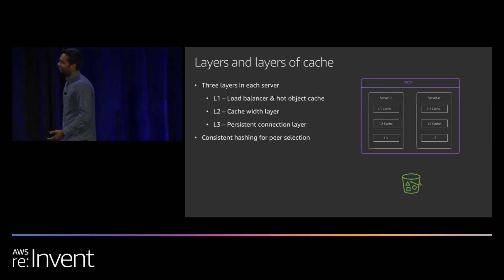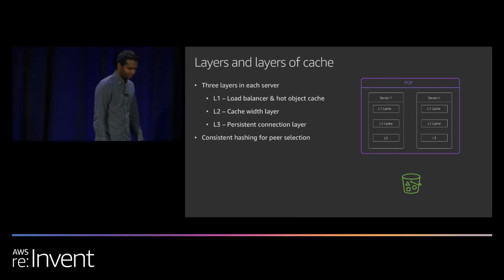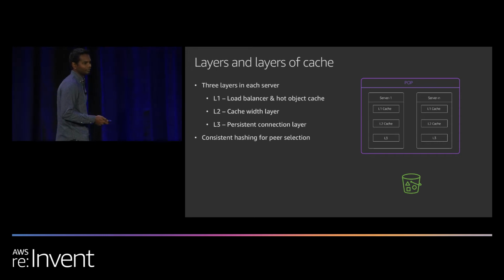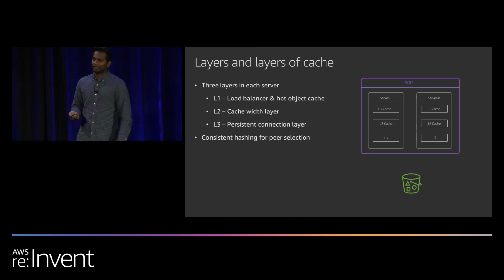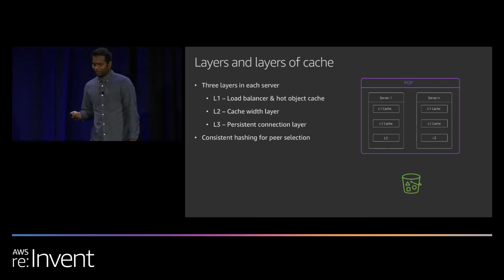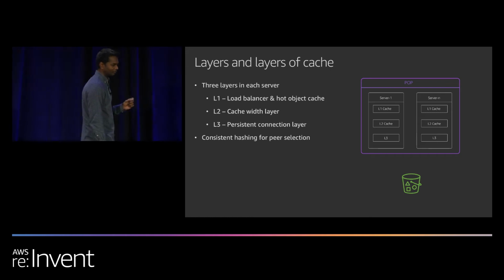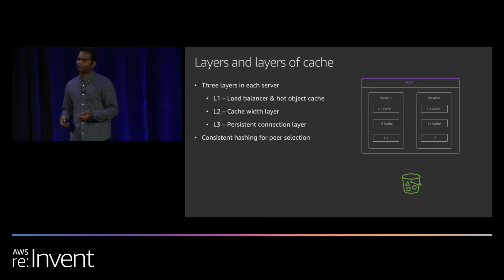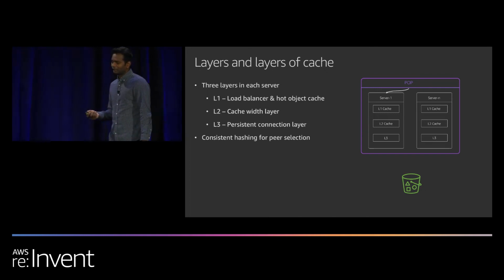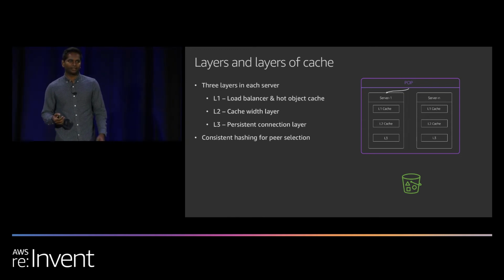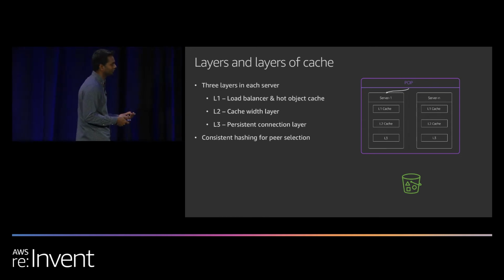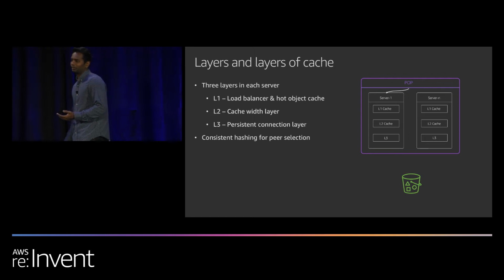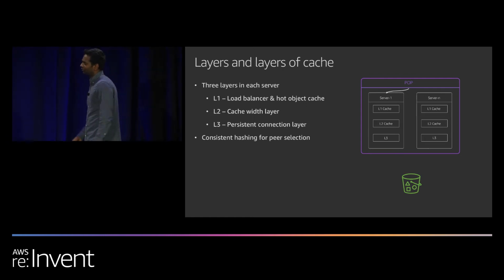To understand that, we'll have to look into the edge location architecture. As you can see in the diagram here, each POP has an array of physical servers, and each of these servers has 3 layers of web proxies inside it. We call them L1, L2, and L3. L1s act as a load balancer. It also has a little cache, which we call the hot object cache. It's explicitly kept only for caching the really popular content. The L2 is a cache layer, and the sole purpose of this layer is to read and write from the cache. L3 does not have any cache space. It maintains a connection pool towards the origin, and we'll see the benefits of the connection pools towards the origin.